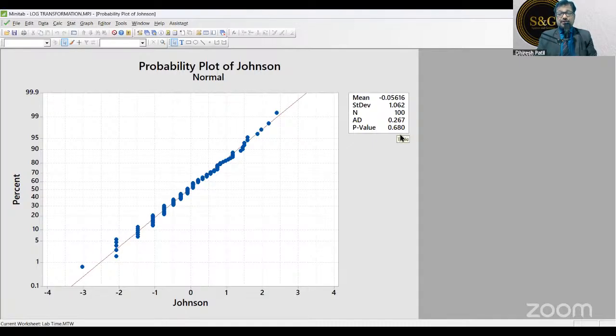0.680, which is the confirmation that the time data can also be transformed into normal data, with the help of Johnson transformation. So I've given you 3 strategies today. Clear? Now you can use your process capability study after this. Today I've restricted myself to how you convert the shape of the data from non-normal distribution to normal distribution through this strategy.